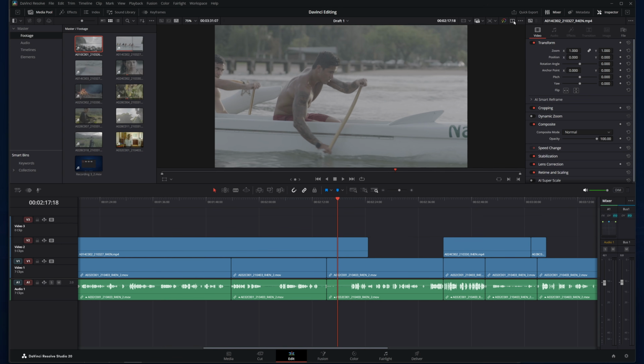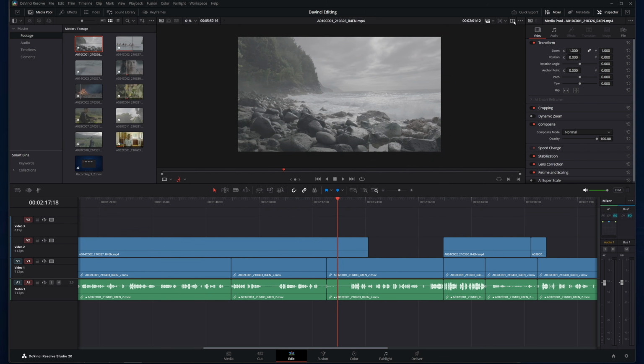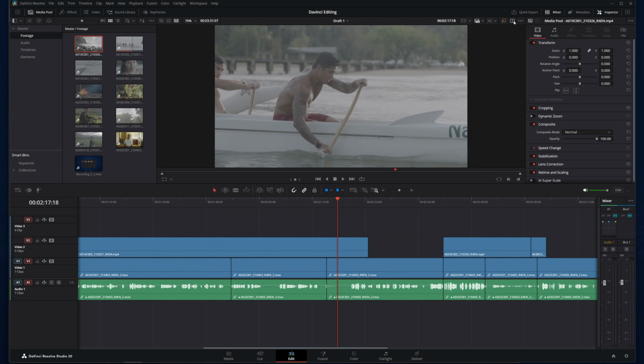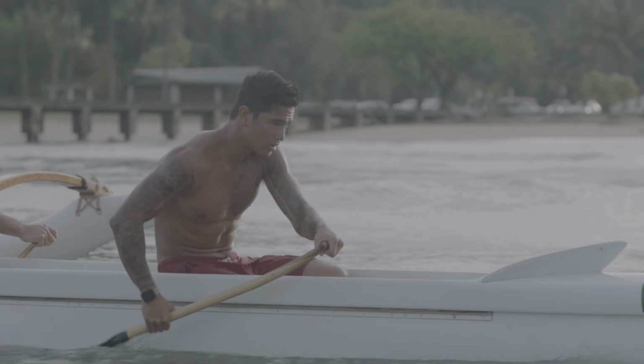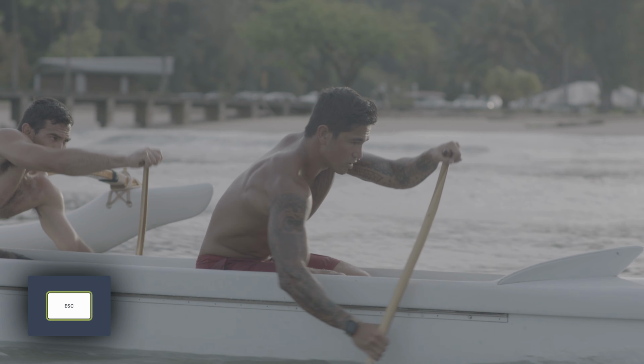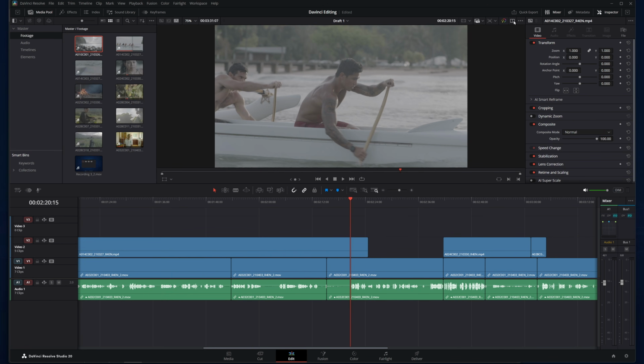Next, once I'm done bringing new footage into my film, I'll often hit this button, so I only see one viewer instead of two. You can still hit Q to switch between the source and timeline views. It just gives you a little more real estate for playback. And if you want an even better view, you can hit Control or Command F to watch your cut full screen. And Escape or Control Command F gets you back out of it.